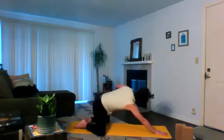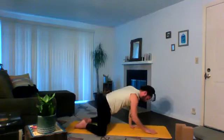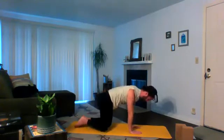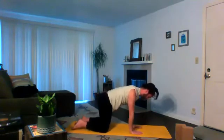On your next inhale, sweep the left arm high. Exhale, bring it back just below your chest and shoulders, coming to a tabletop. Knees come into about shoulder width distance. Hands are the same. From here, we're pretty comfortable with the cat-cow motion, but let's start before we get there